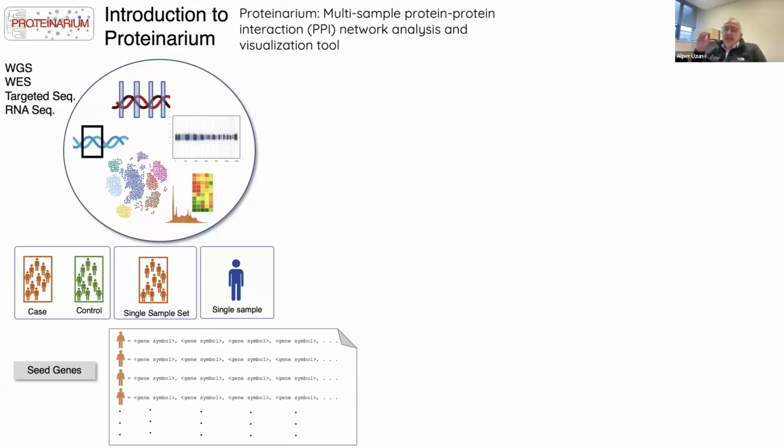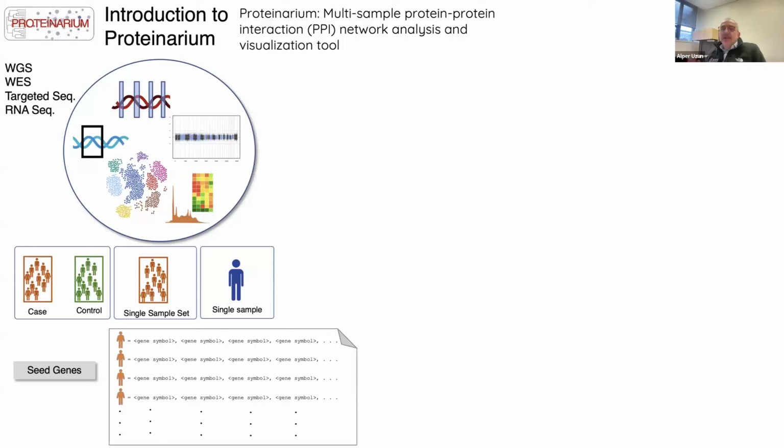So let's say you do have this transcriptome data. You have these highly expressed genes for each patient, and you ask, okay, top 100 genes for each patient, and then you list this. This may be your case file, and you prepare another file for controls, or in the case of just a single sample set, say I have 1,000 patients and I just want to see the subgrouping of those networks.